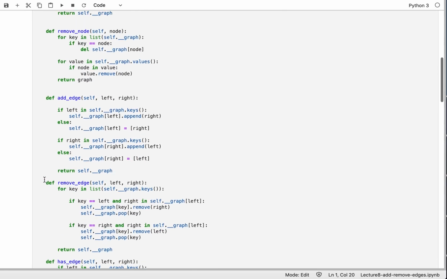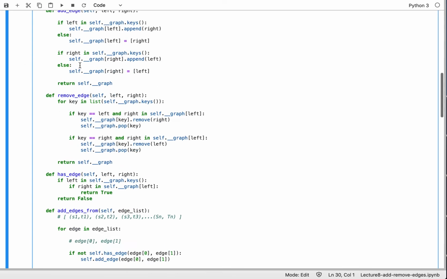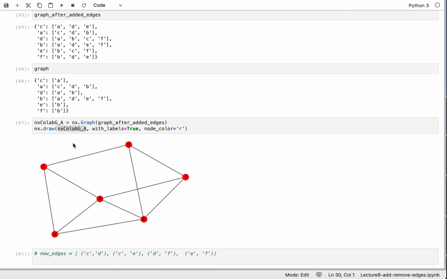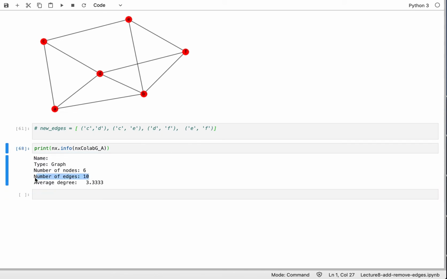I am not invoking this one. I am invoking the one that is built inside NetworkX. Why? Because we actually did not include the number of edges. So I just want to be sure that if we do this, we're going to see the exact number of edges that we have not yet implemented in our info function. As you can see, it is indeed 10